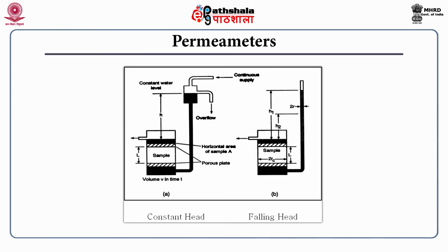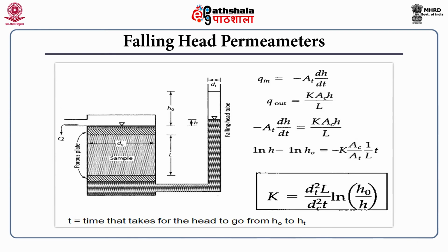This is the permeameter, which is generally used for measuring hydraulic conductivity. Here you can see the sample of the aquifer material put in this apparatus. There are two types of permeameter, the falling head and the constant head type. When the grain size of the aquifer material is quite coarse, the constant head permeameter is used, but when the particle size is very small, the falling head permeameter is useful for getting the hydraulic conductivity value of the aquifer material. And these are the equations which can be used for getting the hydraulic conductivity from the falling head as well as the constant head permeameters.